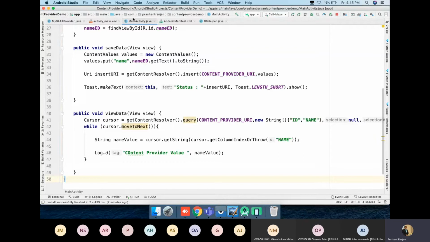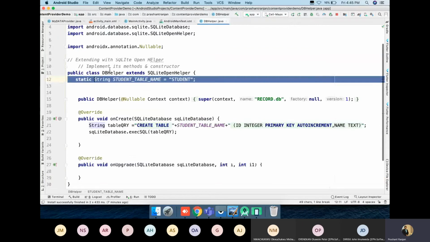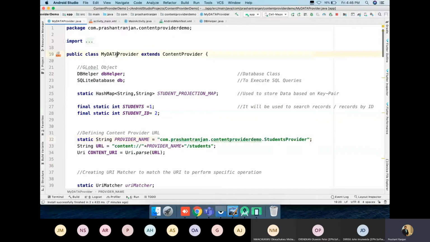In the content provider, the first thing we implemented is the database where we are trying to store the data. But the communication is not direct, it is via the content provider. So using this database, I'm going to create a content provider. To do this operation, I have taken a class by the name of MyDataProvider, and that I have linked with the ContentProvider class. As I did it here, I get the list of methods which need to be implemented.